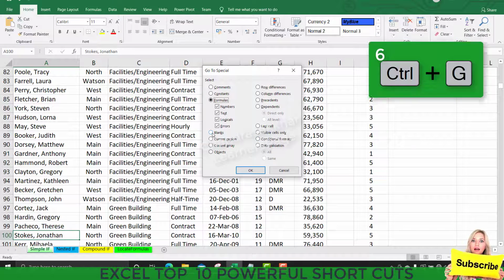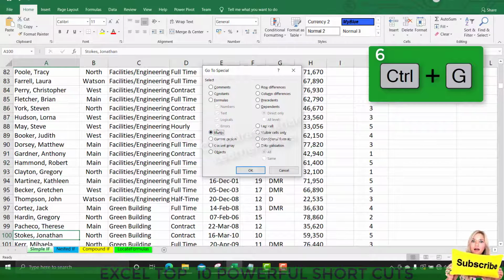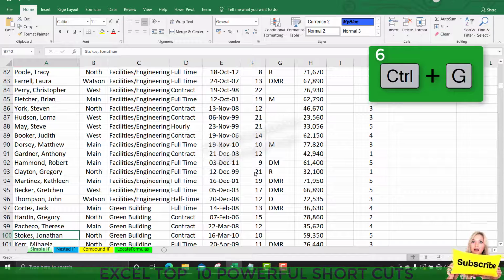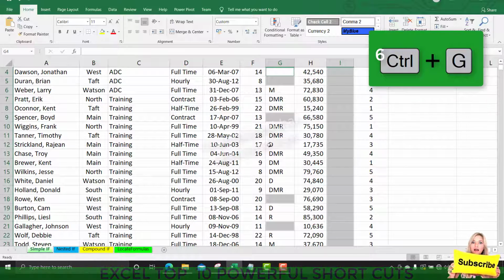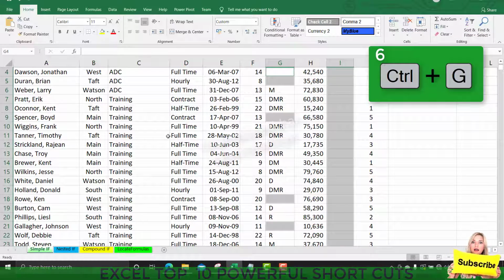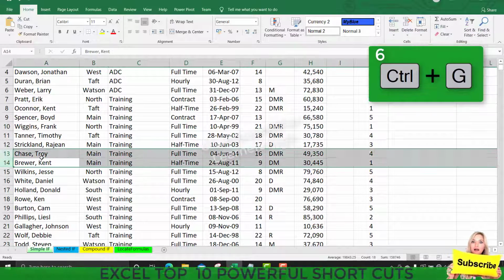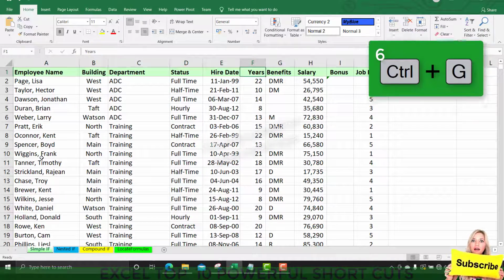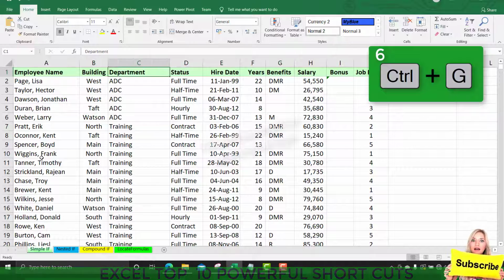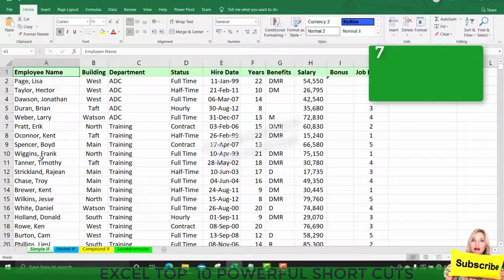And another way in Control G is the Go To Special option. If I want to go to the blank cells, I just select blanks, and automatically it will show the blank cells. In a similar way, we can search for formulas, and we can search for particular fonts like that. So this Control G also helps us a lot for quick data search.